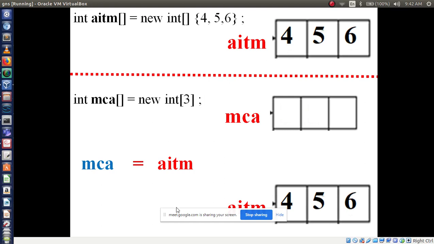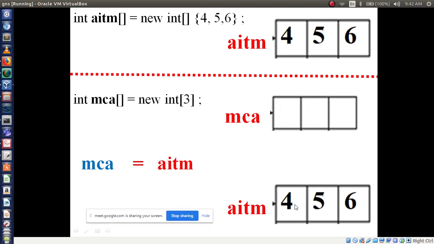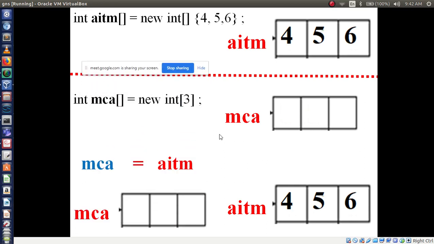Now AITM is 4, 5, 6. Now what will happen? See, from AITM it should move on to the MCA array. Now the MCA array is empty but its size is 3. Let's see what will happen. It should move from AITM to MCA: 4, 5, 6.